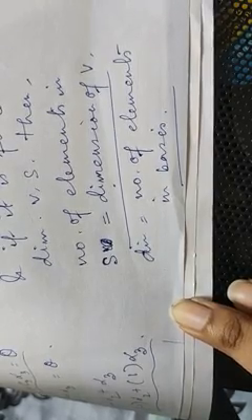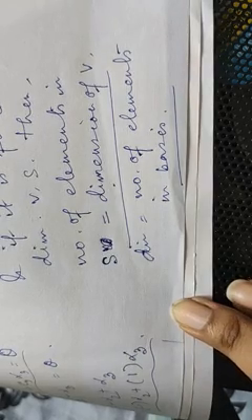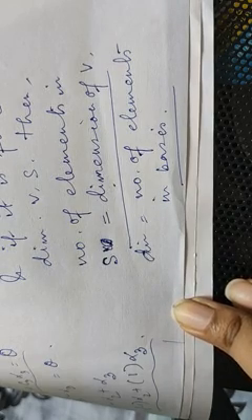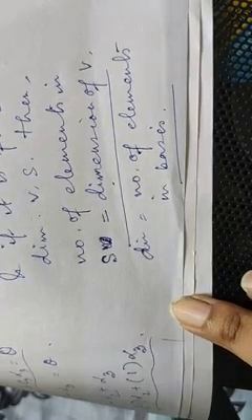So I am repeating again the definitions. Suppose we have a vector space V over a field F, then capital S is a set of vectors. It is said to be a basis of V if it satisfies two conditions. Number one, it should be linearly independent, and number two, it should span the vector space V. That is, L of S, or the linear span of S, should be equal to the vector space. If these two conditions are satisfied, then the set of vectors S is said to be a basis. And the number of elements in the basis is said to be the dimension of the vector space.